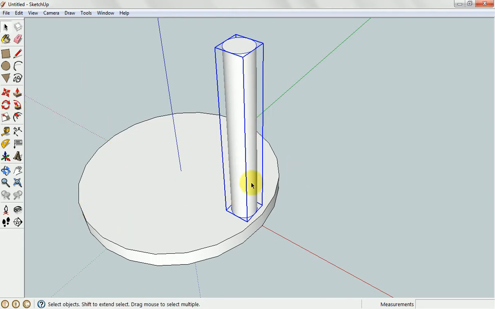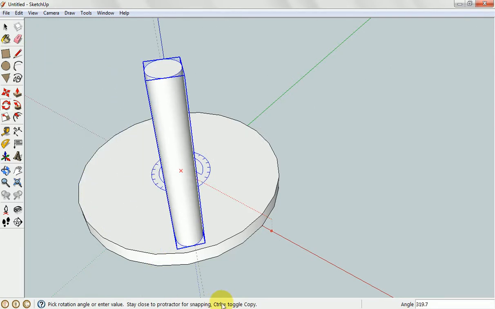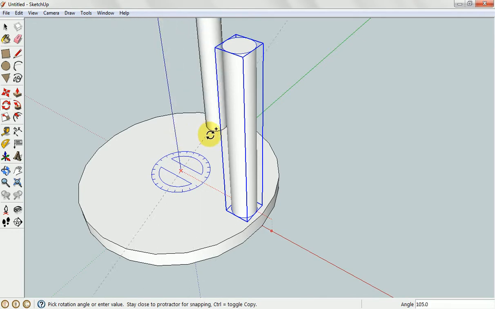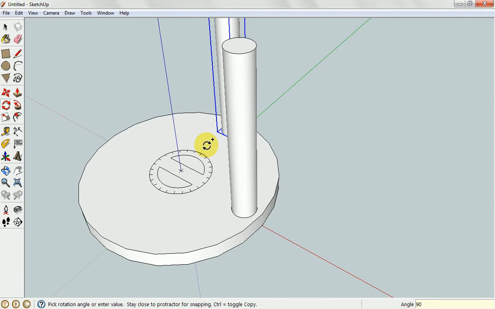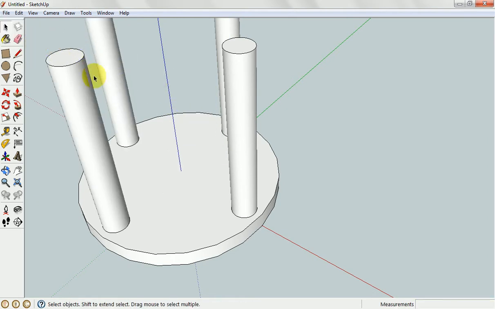If I wanted to rotate this around and multiply it, I go to the Rotate tool, set the center, the start of the rotation, and now I can move it around. You'll notice down the bottom it says Control, or on a Mac it says Alt or Option. If I press that, all of a sudden it's making a second copy. Say I want 4 legs. Like always, I can type in a precise angle from down the bottom here. So I'm going to type in 90, but before I press anything else, I'm going to tell it that I want 3 of them. So I type 3x for 3 times, hit enter, all of a sudden it's made copies